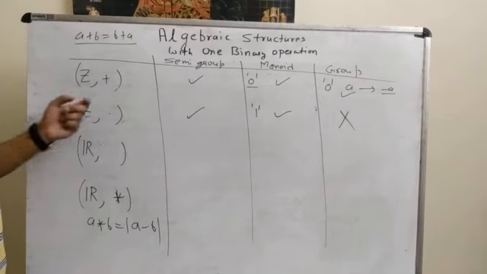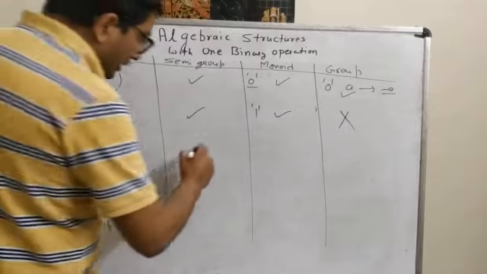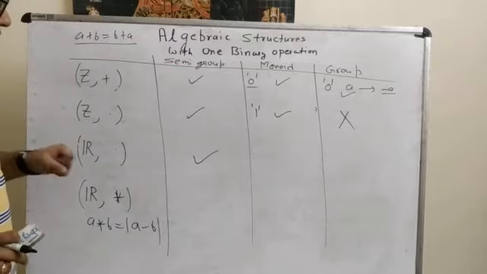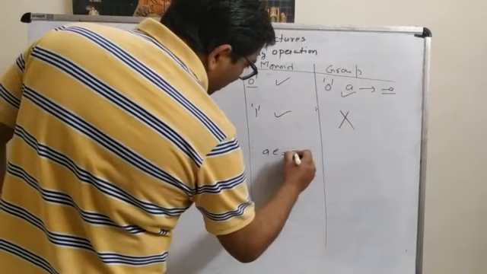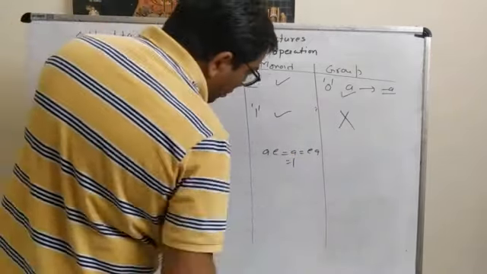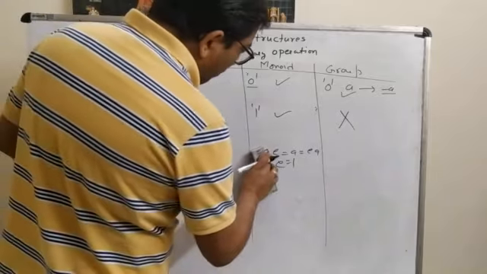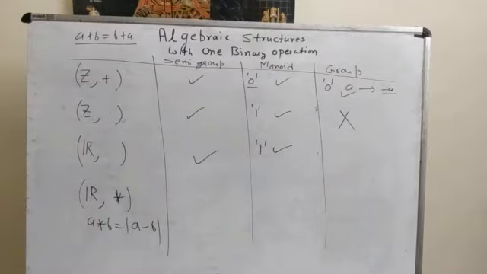Again, usual multiplication is closed under the set of real numbers, first thing. The second thing is it is associative in nature. So yes, it is a semi-group. The second thing, monoid. If we talk about monoid, the concept is the same: A·e = A = e·A. So it is e = 1. It means the identity element exists and this identity element is equal to 1. So here also the identity element exists. So it is a monoid.